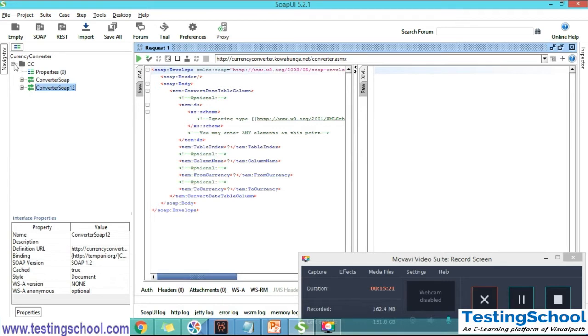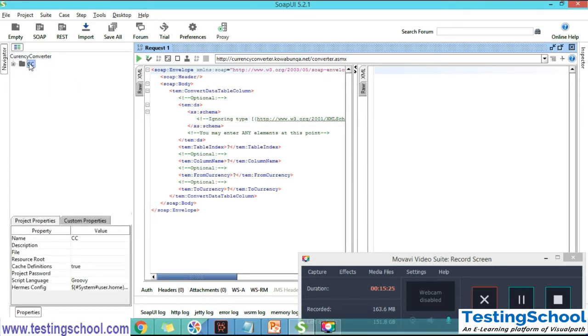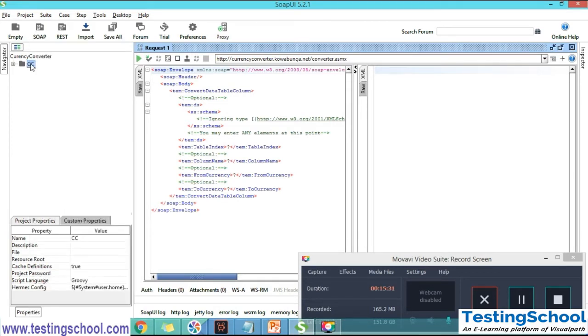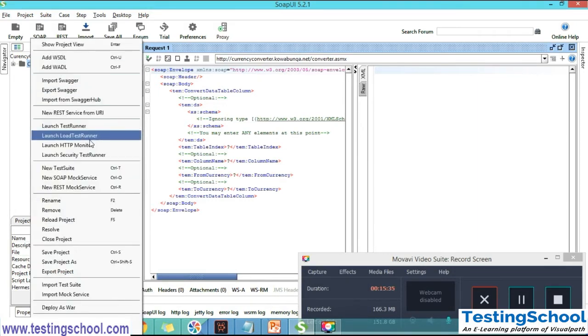So here we have completed the workspace and test project. Now I'm going to create a test suite. To create a test suite, we have to right click on the project and see where the test suite is. Here you can see new test suite.